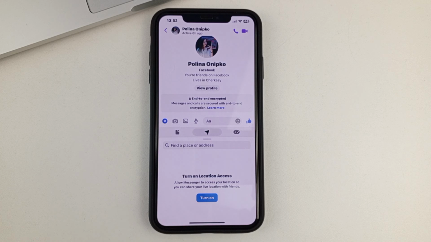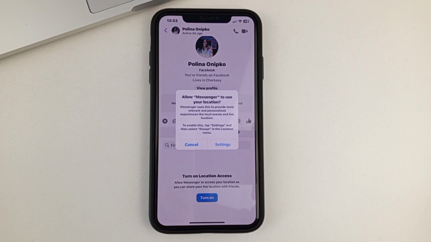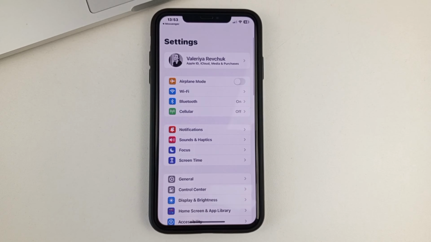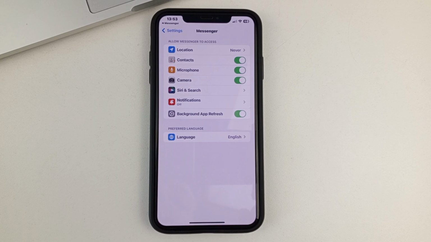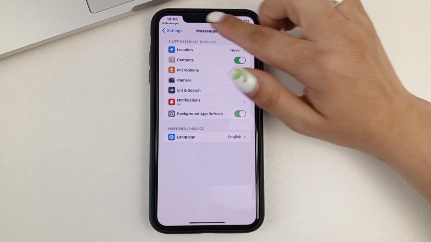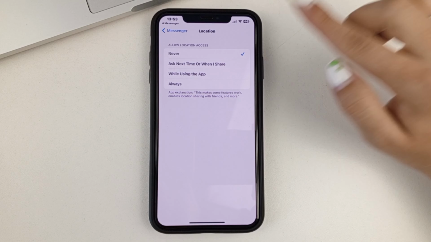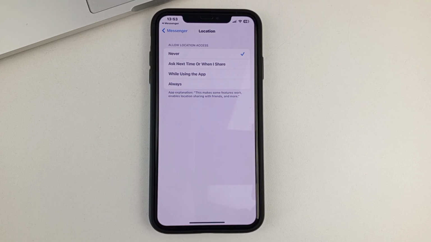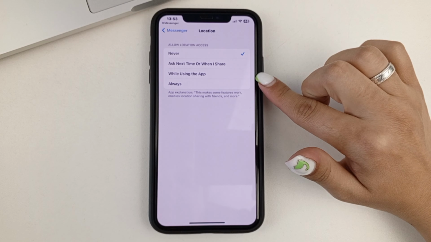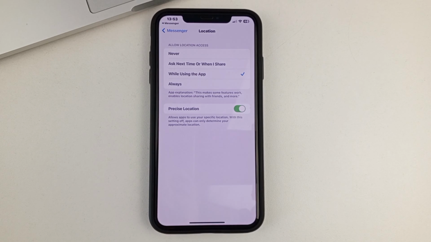As you can see, I have it disabled, so I need to activate it first. So, to do that, you'll need to click here and then go to Settings. You'll be immediately taken to your phone settings, where you'll need to go to Location. And as you can see, I have it set to never show my location in Messenger. If you also have this feature enabled, you need to toggle it to either always show location or only when you're using the app. I usually take this option.